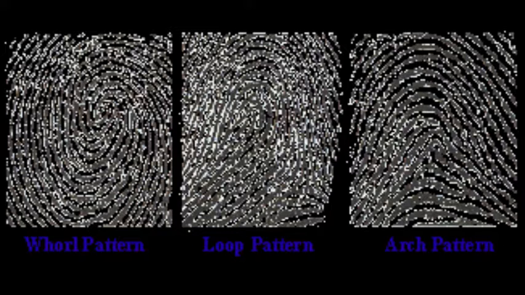The analysis of fingerprints for matching purposes generally requires the comparison of several features of the fingerprint pattern. These include patterns, which are aggregate characteristics of ridges, and minutia patterns, which are unique